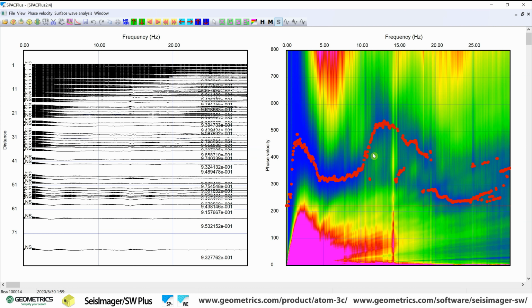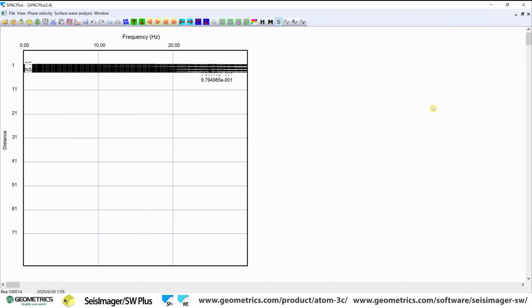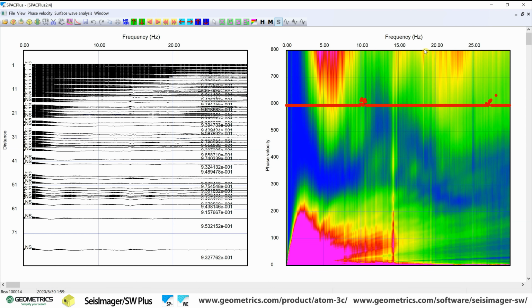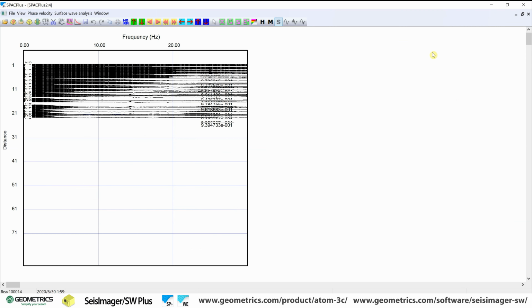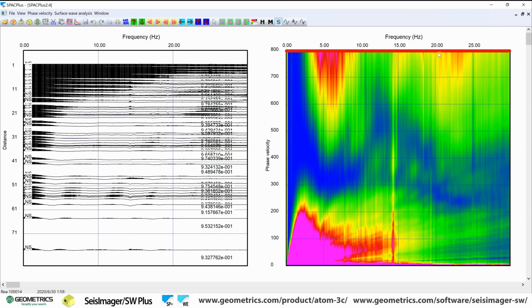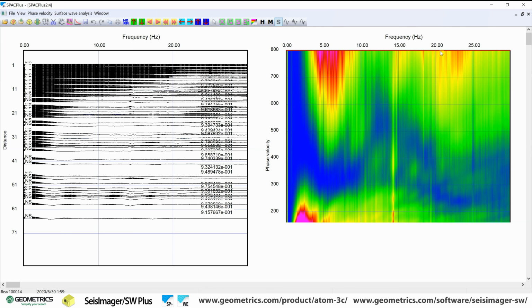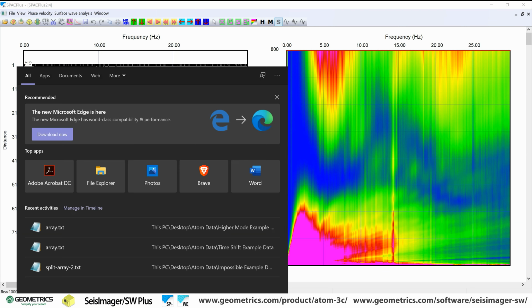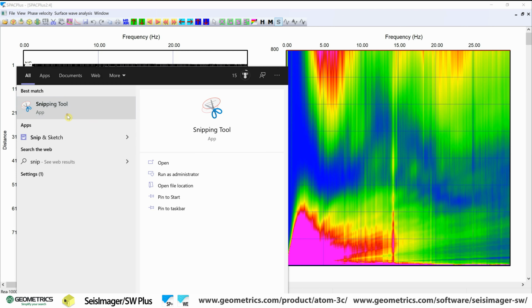It's not what we want. You don't want to process that. So how do you fix that? Well, I like to take a photo or a snapshot of this raw dispersion curve, and we'll get that. And then I like to layer that alongside when I'm creating my pick, so I can make sure these picks are really accurate. So we'll do that, and then we'll type in snip for the snipping tool,